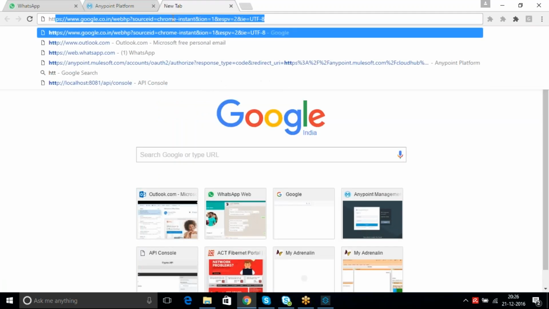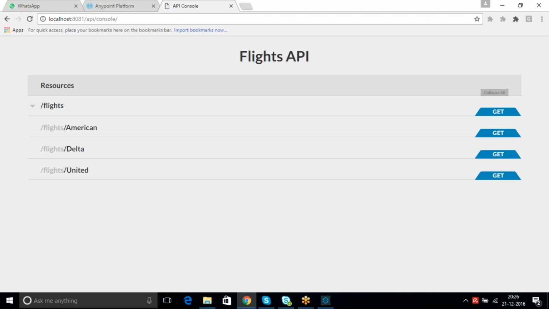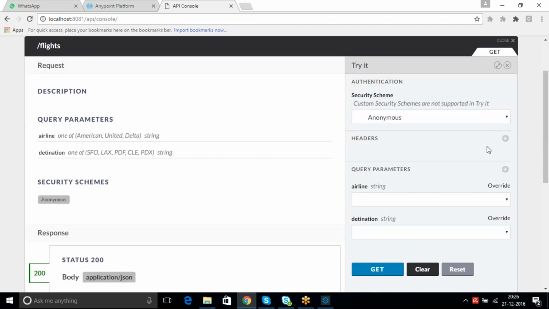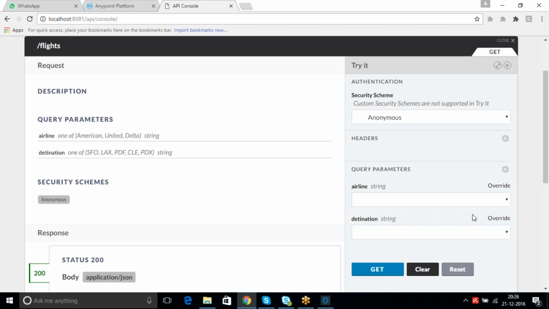Now go to the browser and pass some request and see. We'll keep it empty because I wanted to see whether all the flows are working properly or not. So you can keep this one also empty.